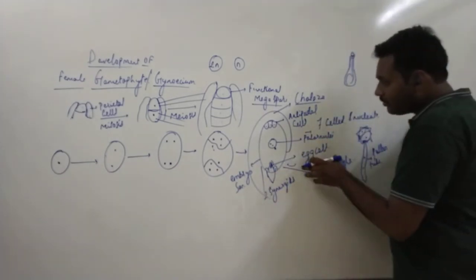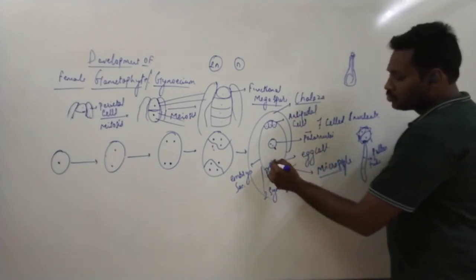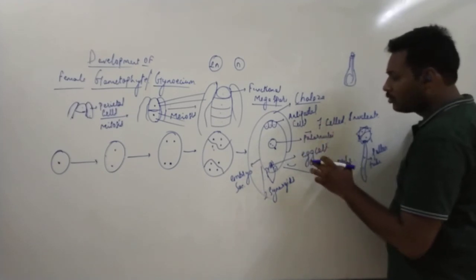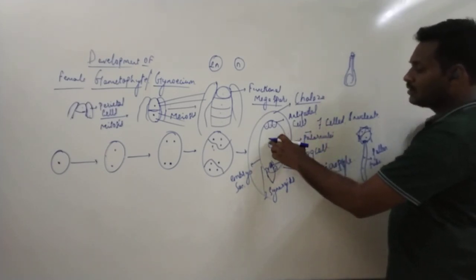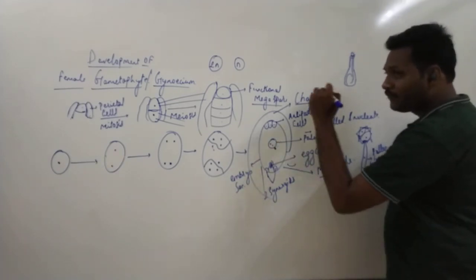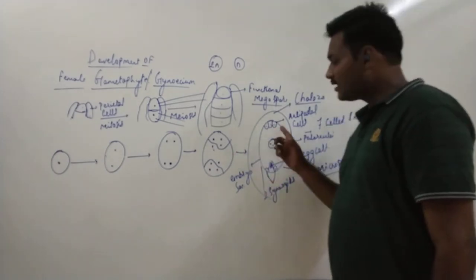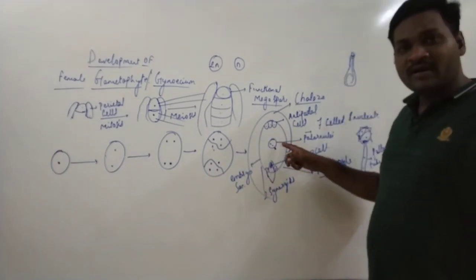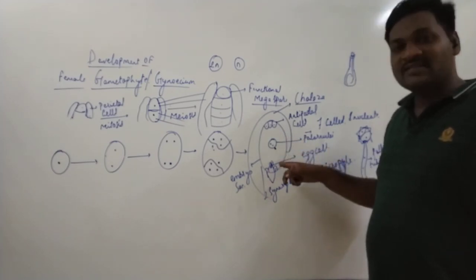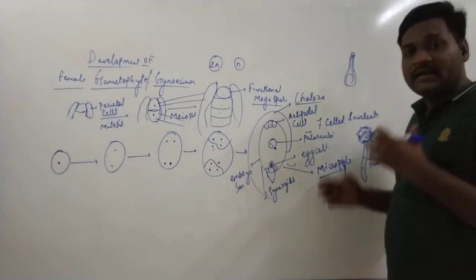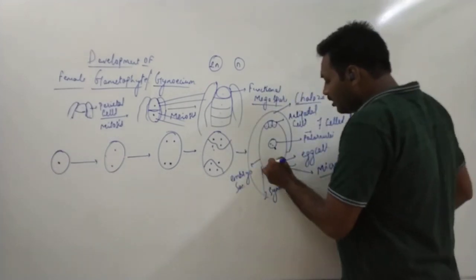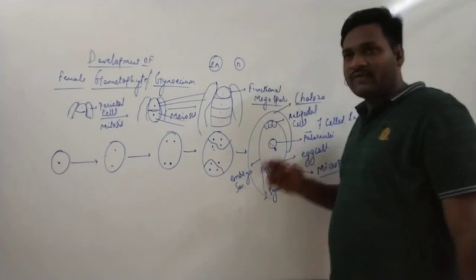So the male gamete that fuses with the egg cell will form the zygote, and another male gamete fuses with the two polar nuclei. Such a fusion is referred to as triple fusion. As two male gametes are fertilizing two different cells, it is also referred to as double fertilization. So what is double fertilization? Fusion of two male gametes to two different locations.